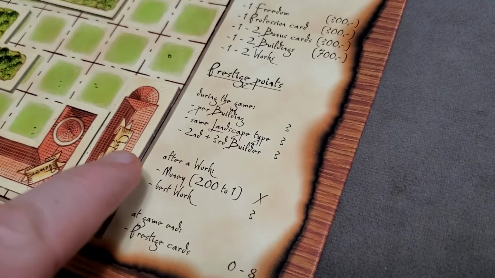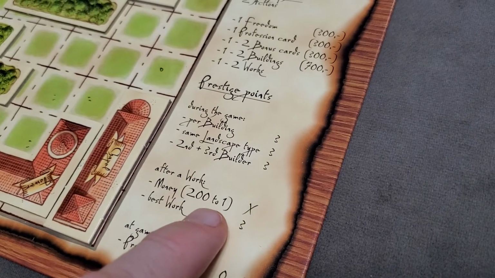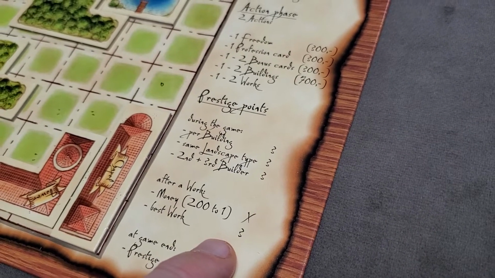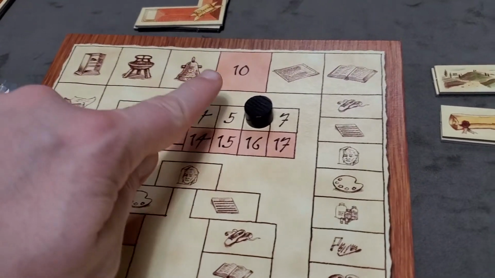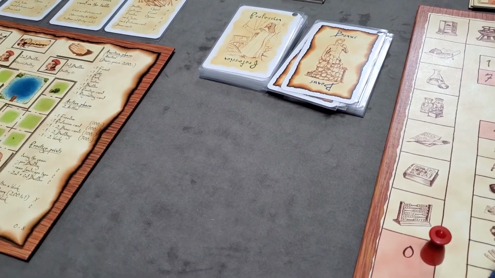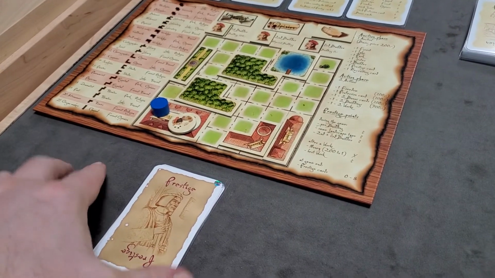So there's a recap of what we just covered. After a work, you can convert 200 florins for a victory point, and then at the end of the round, the best work would get the 3 additional prestige points. Once we've finished the round and all players have taken their actions, we'll advance the round marker and we'll pass the start player clockwise. Once you finish the 7th and final round, all that's left to do is score prestige